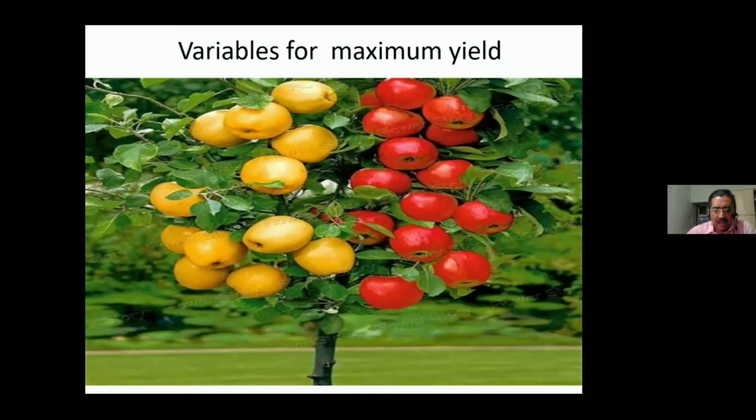Sufficient water. Okay, water is a good one. Yes, water is a variable. It's something similar to a consumable. Water, fine. What else? Suitable soil. Excellent, excellent. Yeah, suitable soil. Definitely, you can't bring an apple tree and plant it in Kerala. You can't take a coconut tree and plant it in Kashmir. So suitable soil is required. Yes. So we now have two variables. What more?